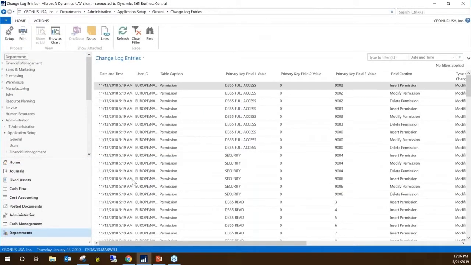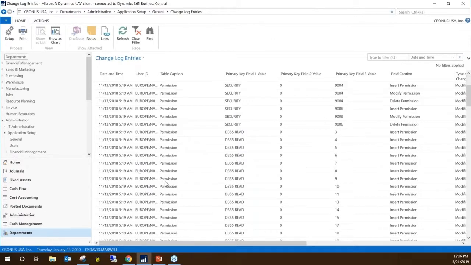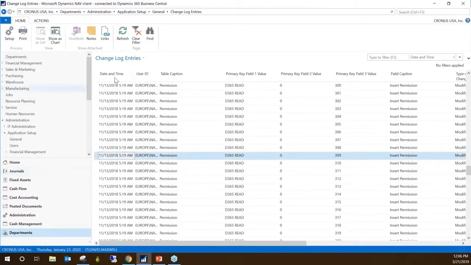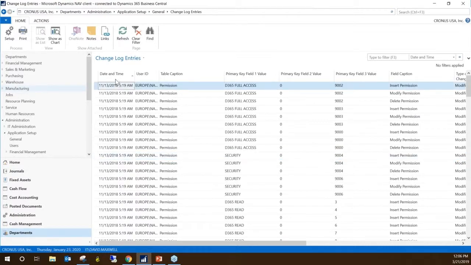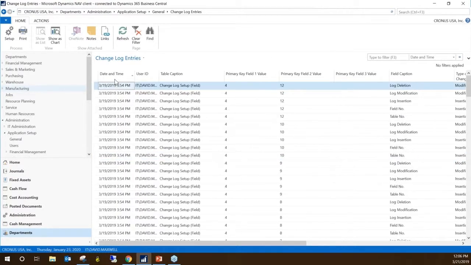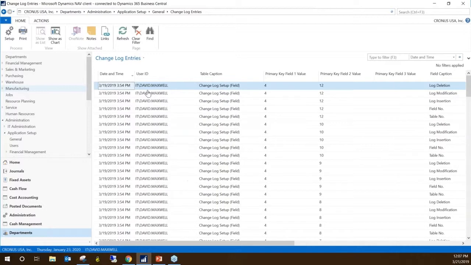And here you can see the exact same view that I had in my PowerPoint. If I scroll through this, you can see there's a whole lot that Microsoft has set up back in November. I've just sorted it so that the most recent information is on top. And now you can see my user ID in here. And my user ID is